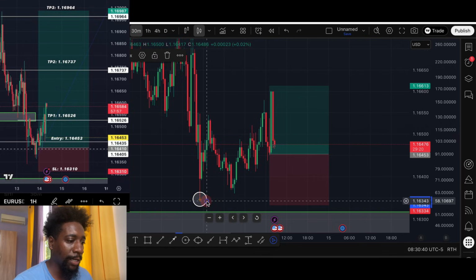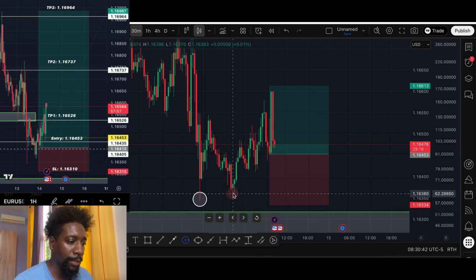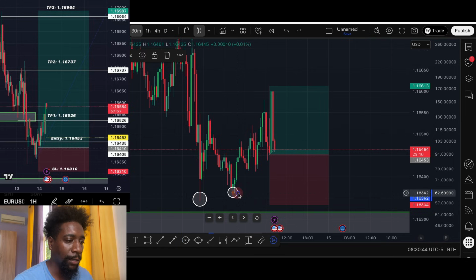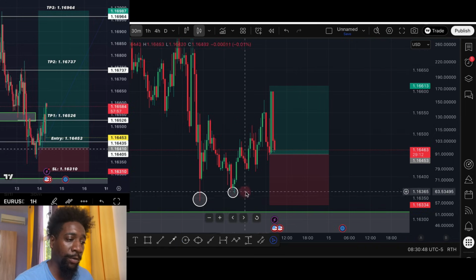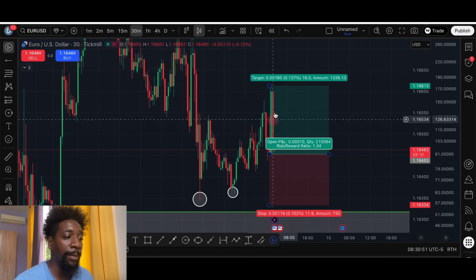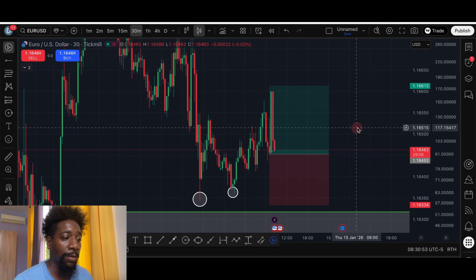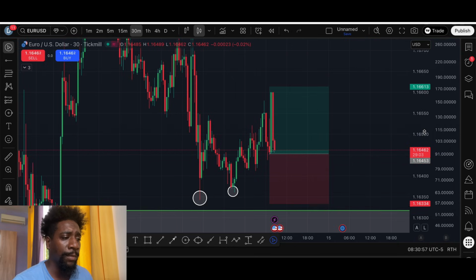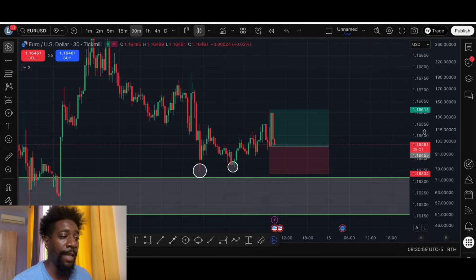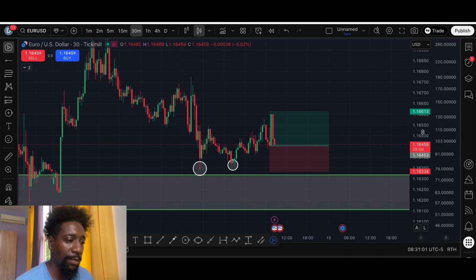So if you see this right here and right here, you can see that the market could come down here and grab this before it continued to push up. So that's kind of what's happening right now as I'm looking at it. So I'm going to be patient, and that's why we have our stop loss in place. So we won't just allow the trade to take us all the way down here and lose a lot of